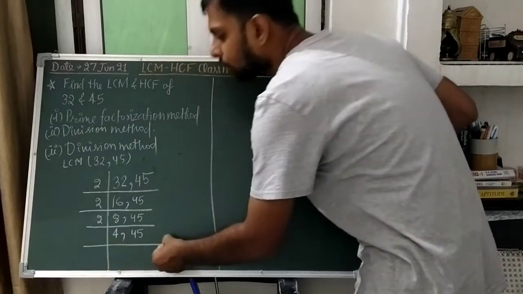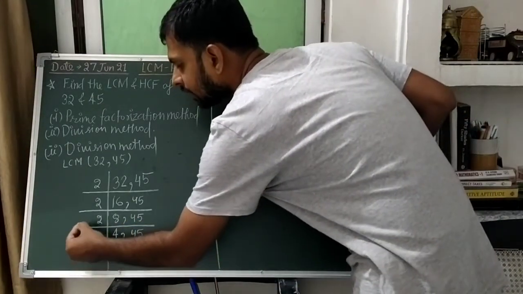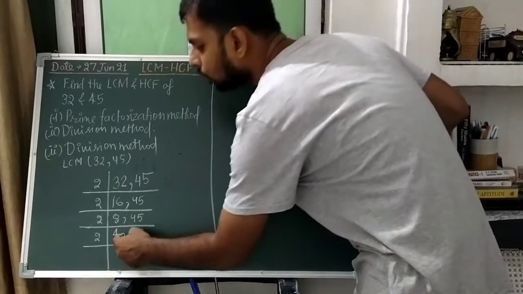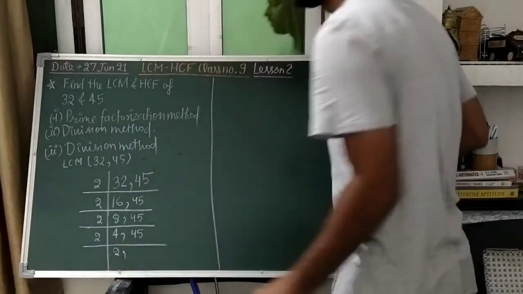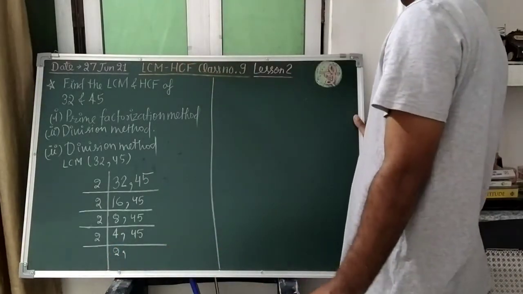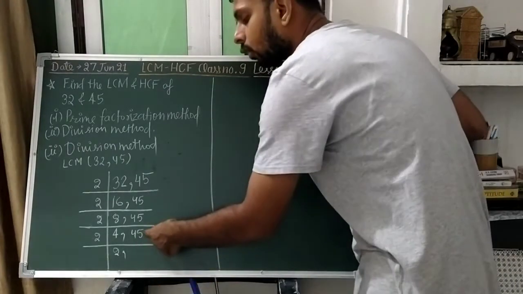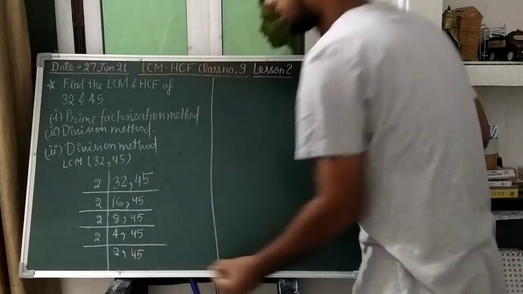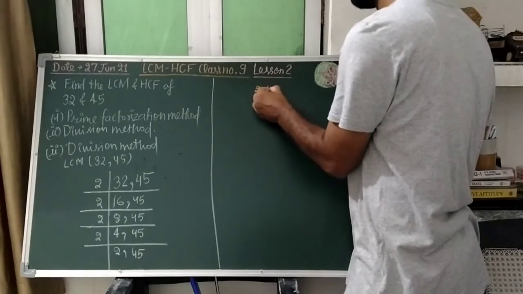Again we look whether 2 is going to divide this 4. Yes, 2 will divide it, so we select 2 here, and how many times will 2 go? It will go 2 times to divide 4, or when 4 is divided by 2, 2 will be the quotient and remainder will be 0. Whether 2 is going to divide 45? No. So 45 will be written in the same way. So we are getting 2 and 45 here.